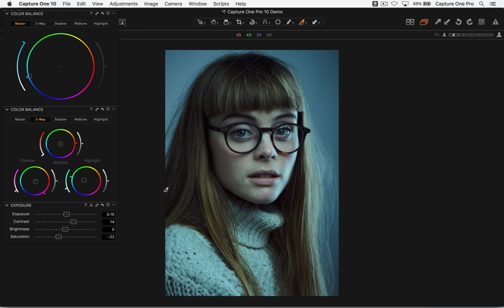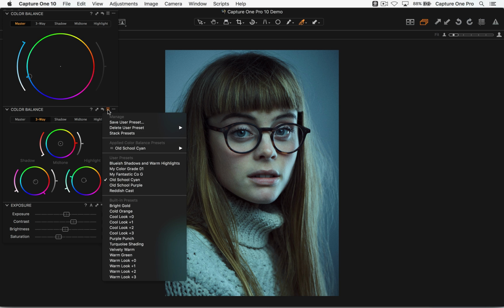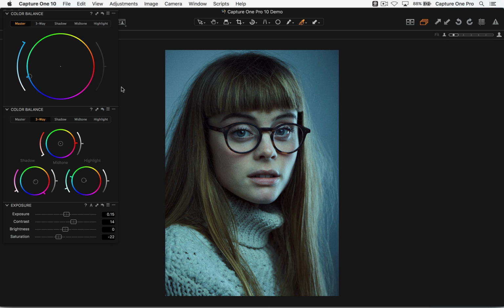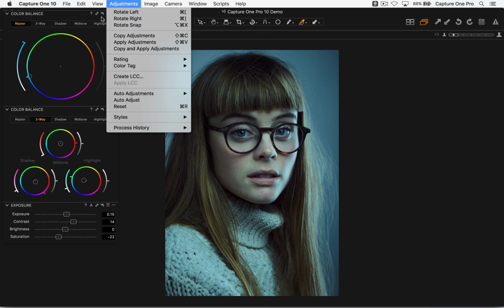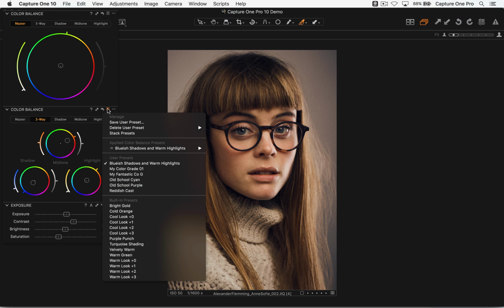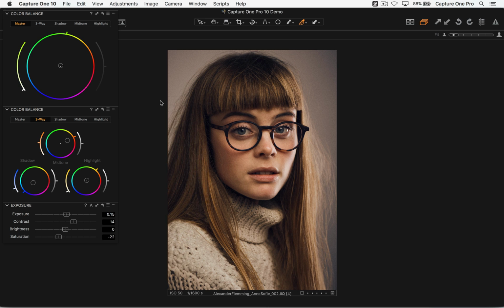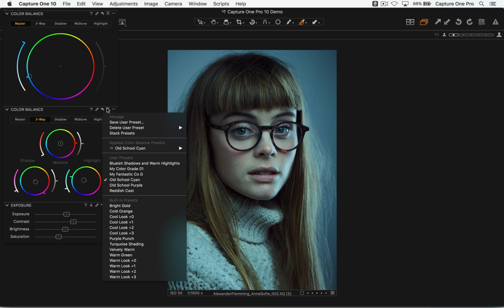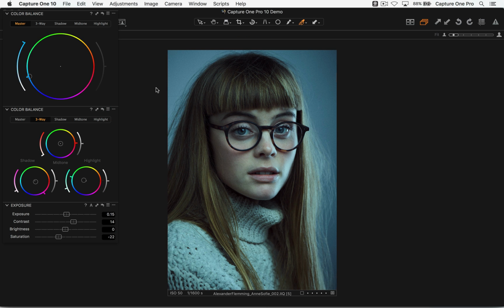Oh, this is a preview of actually the presets. So if we go, let's just get my viewer labels up. So where's our first one? So this one here, the various presets, this is bluish shadows and warm highlights, for example. And then we've got old school cyan.